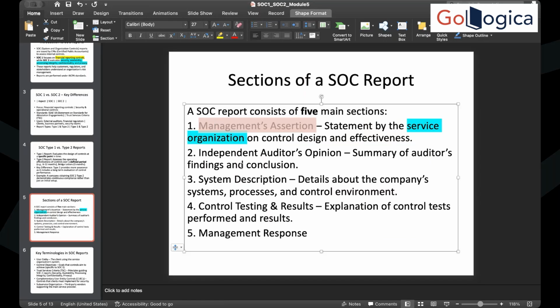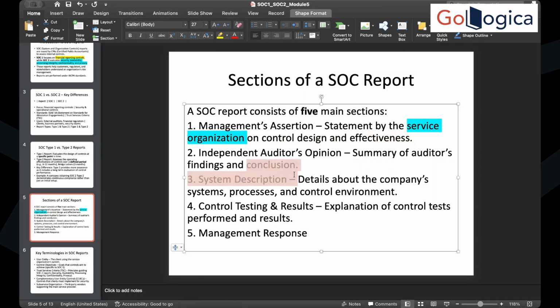Okay. Section 2. This is the independent auditor's opinion. So after the audit is complete, they are sharing that particular report, SOC 1, SOC 2. In section 2 of the report, they give a summary of the entire audit. Okay, summary of auditor's findings and conclusion. So if you just read section 2 of a SOC report, you will get a fair idea whether you can trust Cisco's product or not, because they will mention both the findings